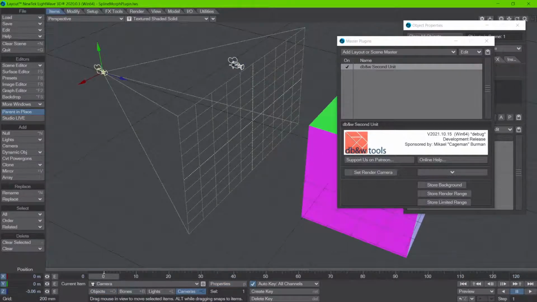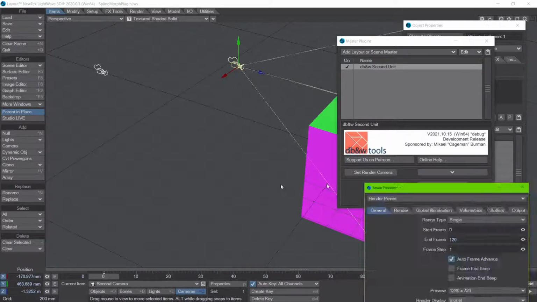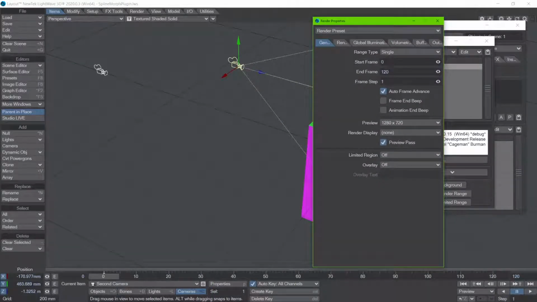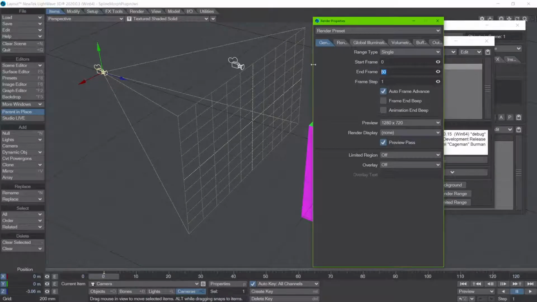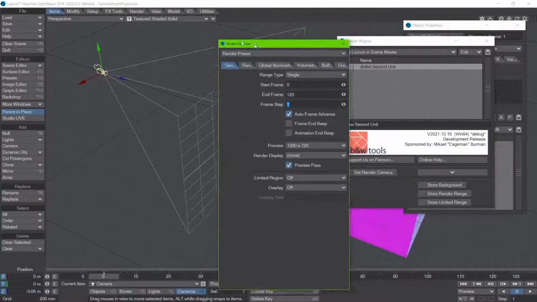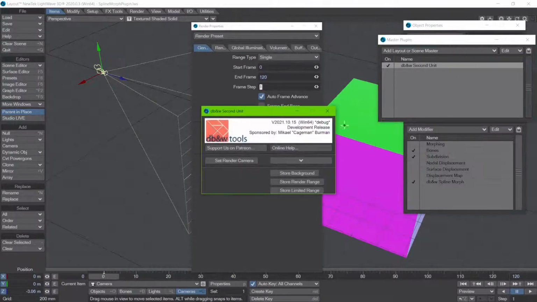All right, so we've got 2 cameras, and if we look at something like the render properties, if I change the start end frame to 0 and 60 and switch to the other camera, it's going to be the same, because this is a global setting. However, there's quite a few settings that can actually be read from the SDK and written by the SDK. So what the second unit essentially does,